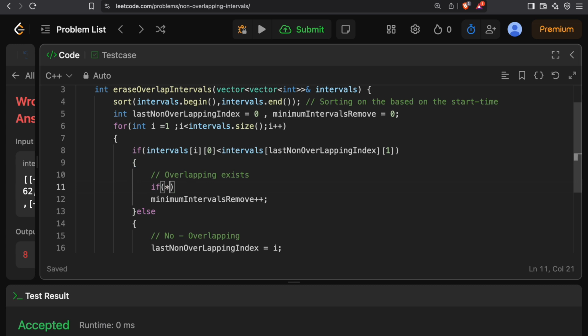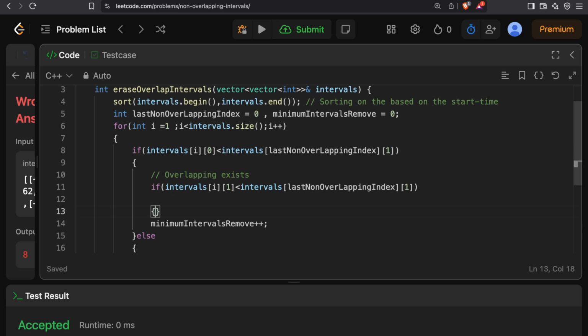So what we will do is, if the end time of the current interval we are checking is less than the end time of the interval at the last non-overlapping index, if that end time is lesser,